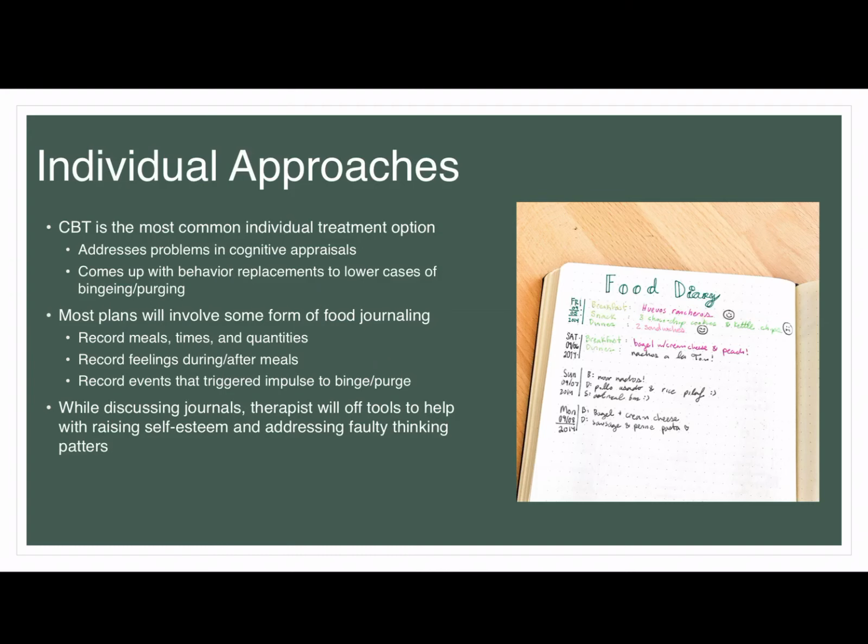And so those behavioral replacements will be linked to whatever the individual cognitive interpretations are. A lot of cognitive behavioral therapy will have the bulimic patient keep a food journal, which sounds like it won't make sense, but it is practical in use. If someone has a problem with food and food consumption and is very obsessed with their weight, why do we want them to track all of the food that they consumed? Well, by keeping this food journal, they can see it written out when they're eating, how much they're eating,